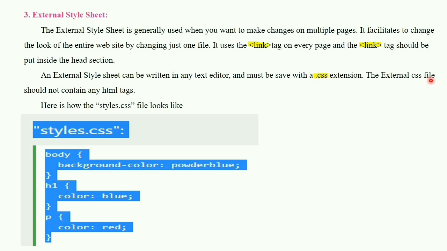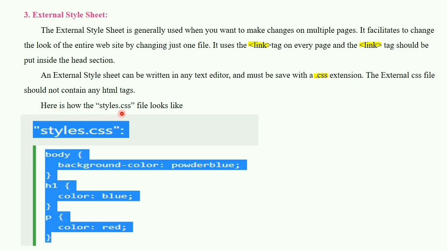The external cascading style sheet file should not contain any HTML tag. Now remember one thing: to create an external style sheet we require the link tag and one external style sheet file which is saved with a .css extension.